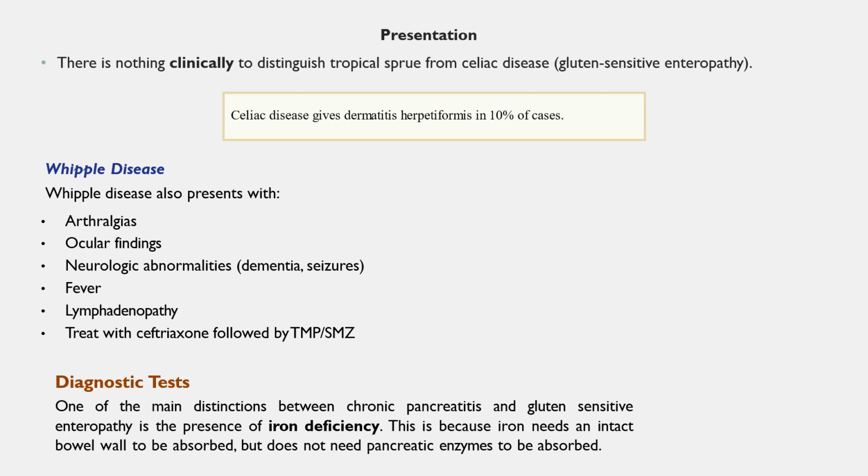Let's talk about Whipple disease. Whipple disease can present with arthralgias, ocular findings, neurological abnormalities such as dementia, seizures, fevers, lymphadenopathy, and can be treated with ceftriaxone followed by Bactrim. Diagnostic test for this is